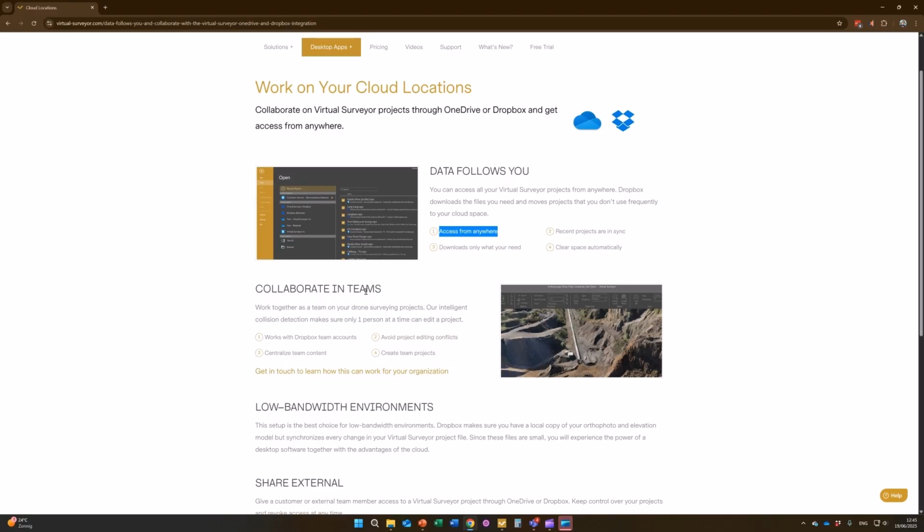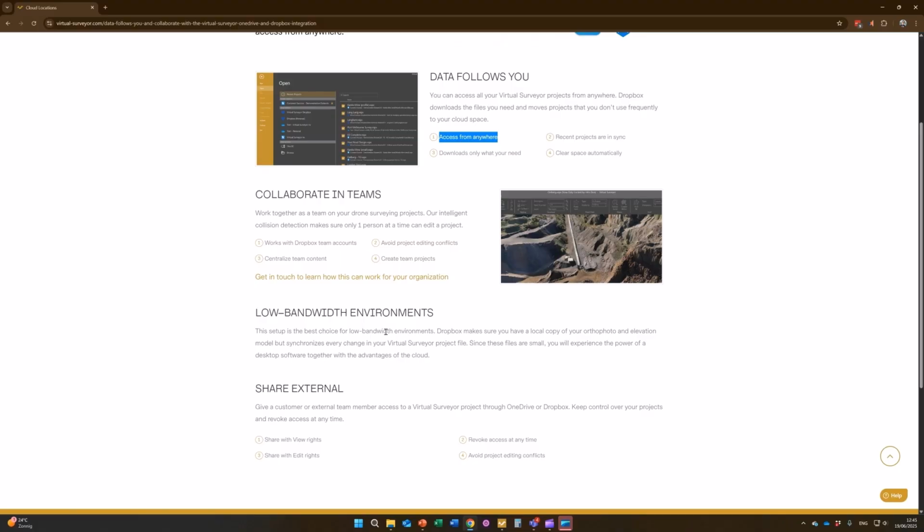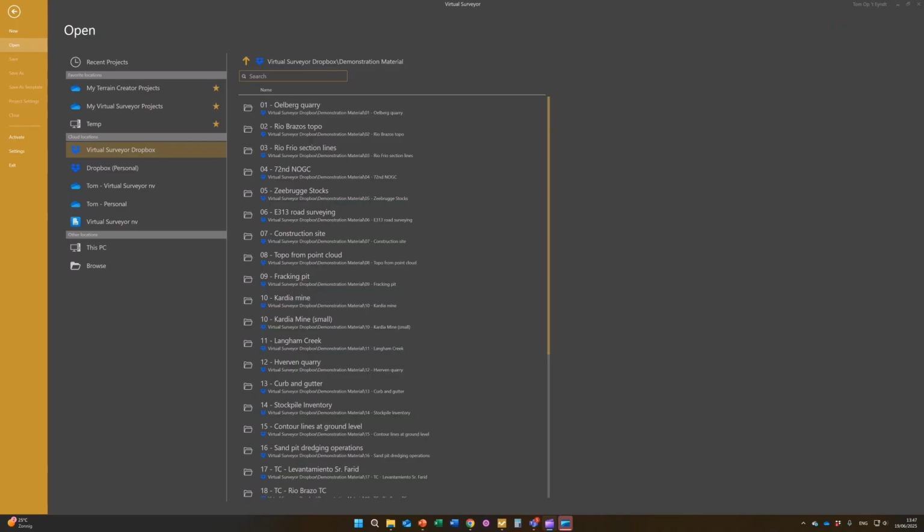In addition to that, you will also have the advantages of having a local copy of the data, as these cloud storage locations keep a copy in the cloud. So we have all the advantages that I just pointed out, and you also have the file available on your local computer, which means zero latency, and it speeds up the calculations you need to do on your data. In addition to that, you have automatic backup and versioning. So let's have a look at how this works.